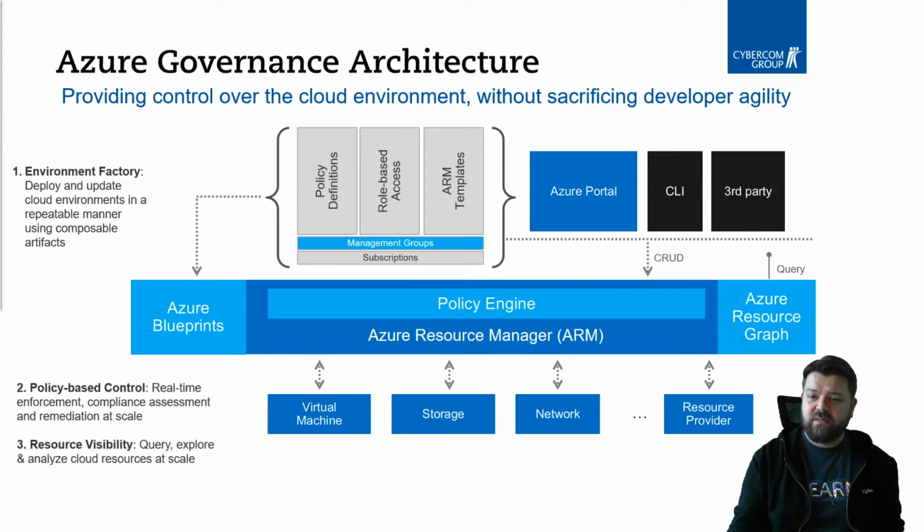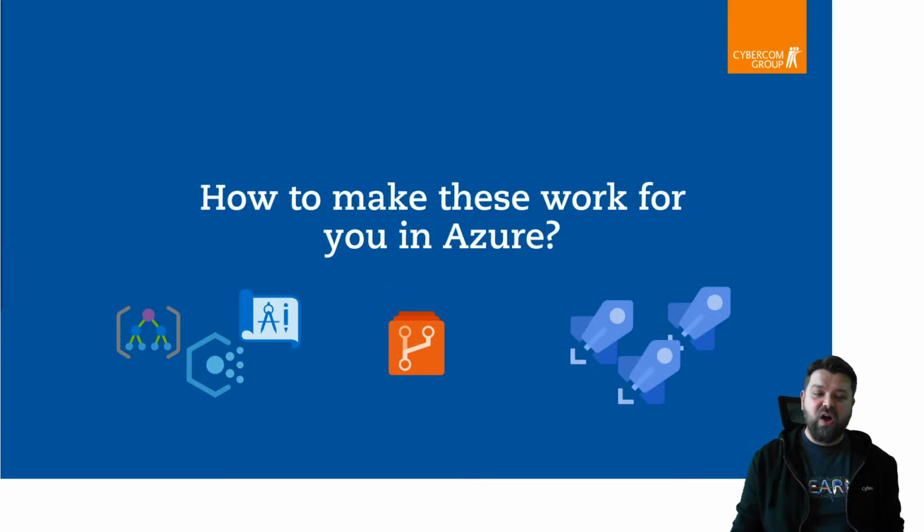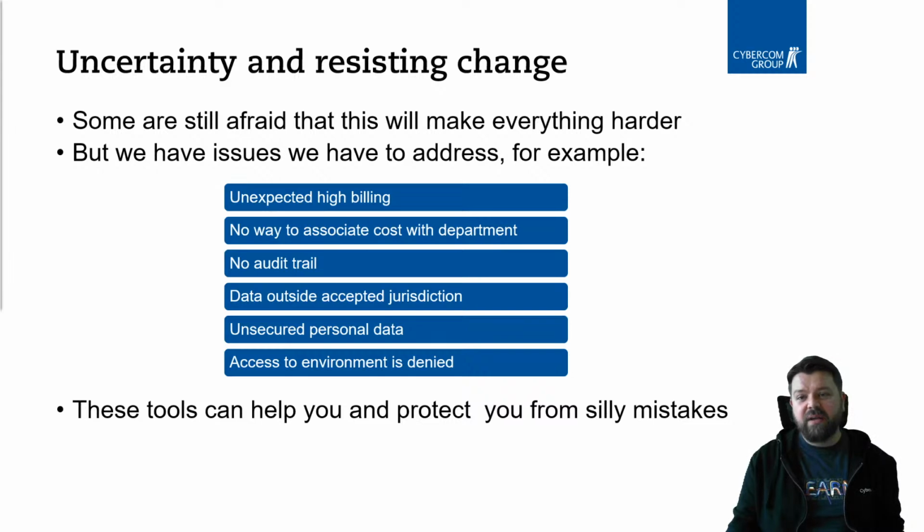So from there we go on, how do we make these work for us really in this world? And I know there's a lot of people, because of the pictures I showed you, why we should have these. So as I said, people think when we talk about governance and control, we actually think about the first picture I showed you. There's somebody stopping you, or the developers or the operations, from doing anything into the cloud, when in fact these tools are, the point of them is the opposite. They should be helping you to do everything better.